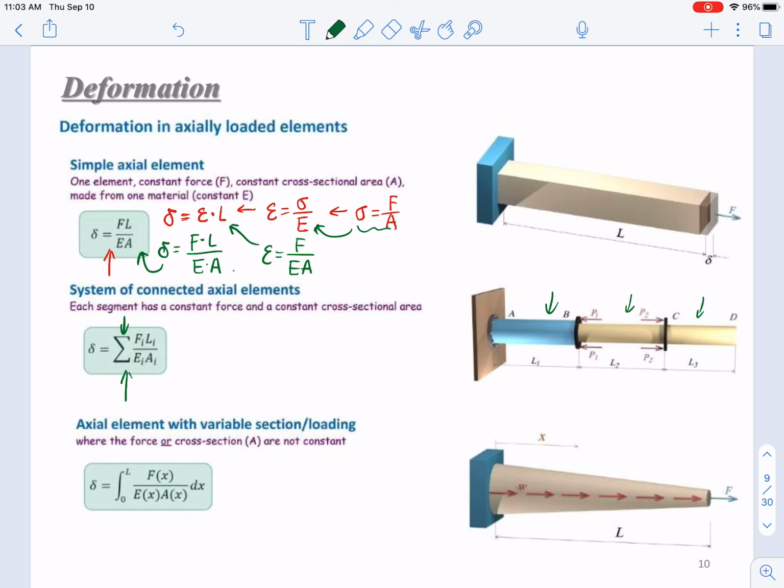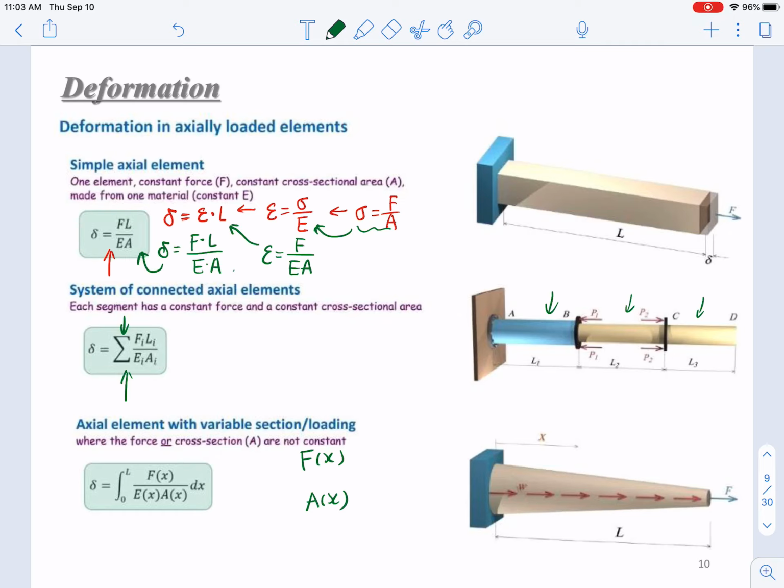And for elements with variable section or loading, meaning that F is not a constant, it's not simply adding several sections, it's a distribution. We know F is a distribution, or A, the cross-section area, is a distribution. Sometimes E may also be a distribution, but we normally do not consider that. No matter which one is a distribution, not a constant,